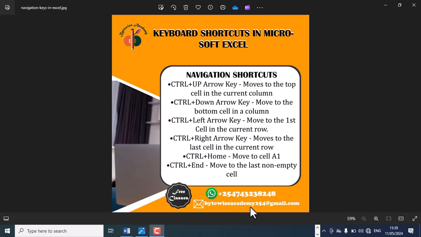So today we're going to learn about the keyboard shortcuts used in Microsoft Excel. We have different types of keyboard shortcuts. We have the function shortcuts, we have the formatting shortcuts, we have the editing shortcuts, we have the selection shortcuts,